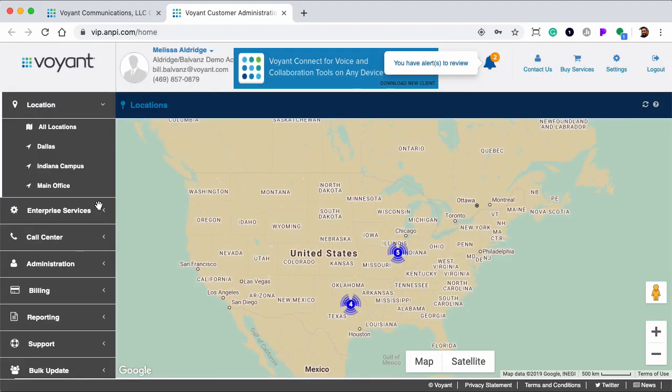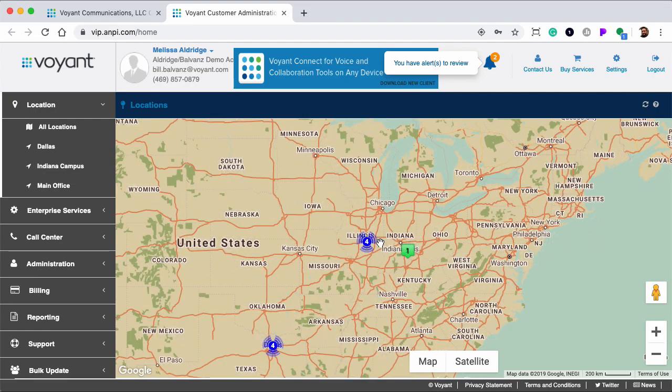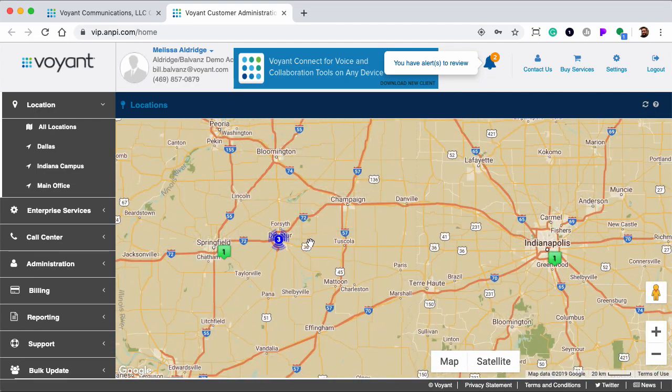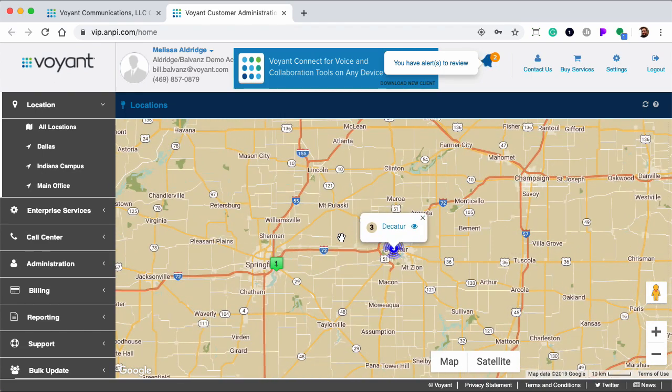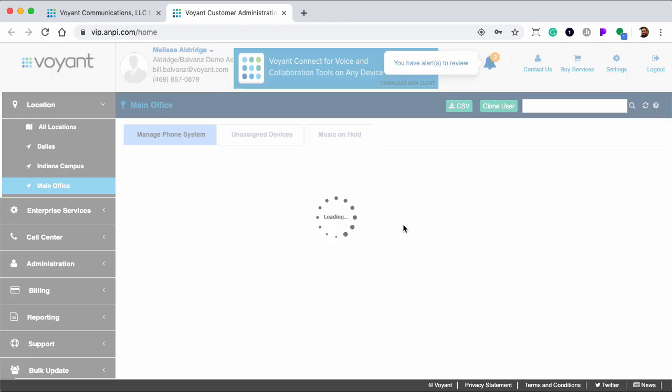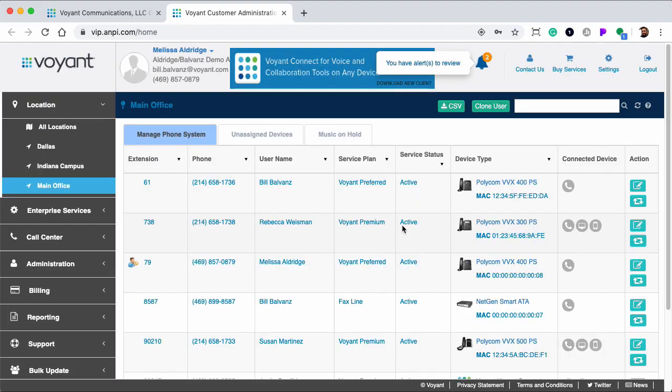You can see the customer's locations listed on the left-hand menu as well as on the map. And if we scroll to locations on the map, we'll see them further expand as we scroll over them. I can see the users associated to this location, the phone numbers, extensions, and devices. I can also see if the user is currently registered on their phone or mobile client or the desktop client. By clicking on Edit,